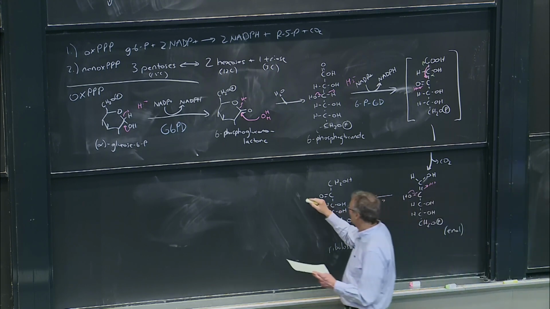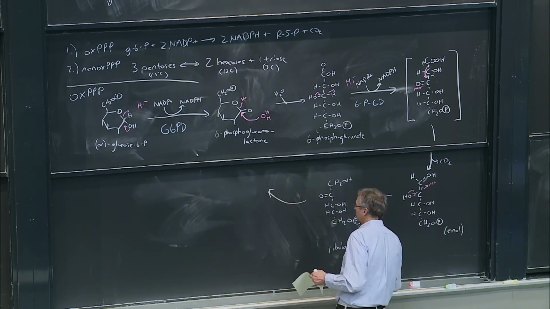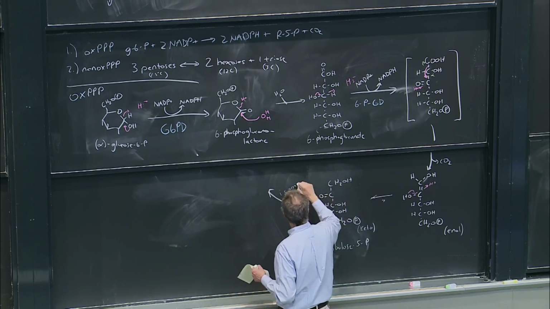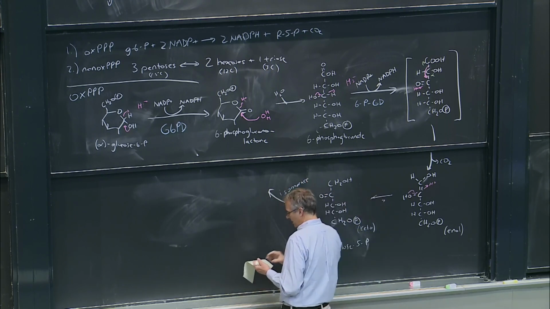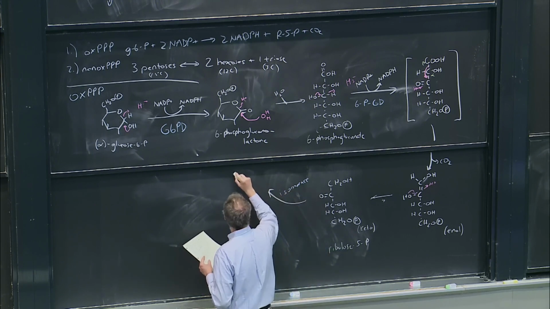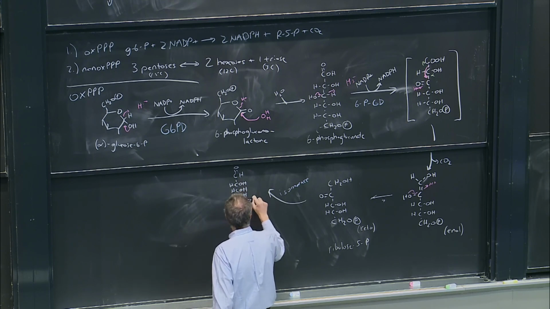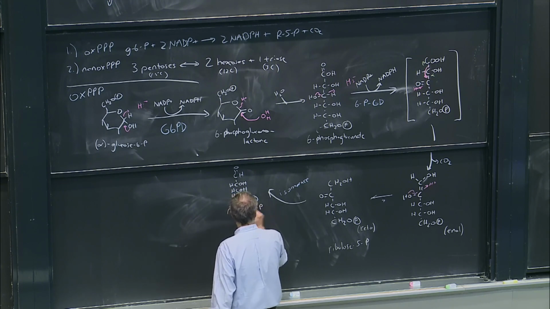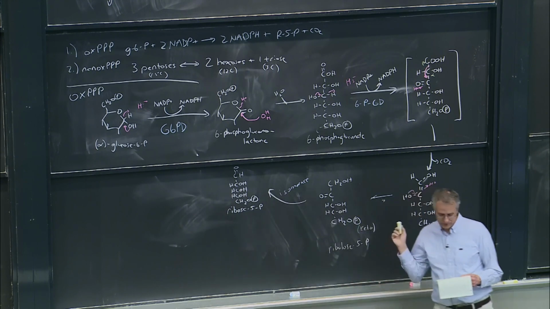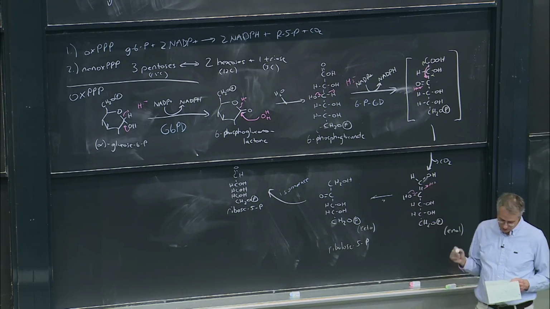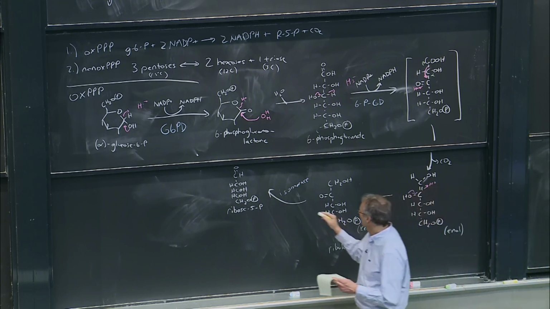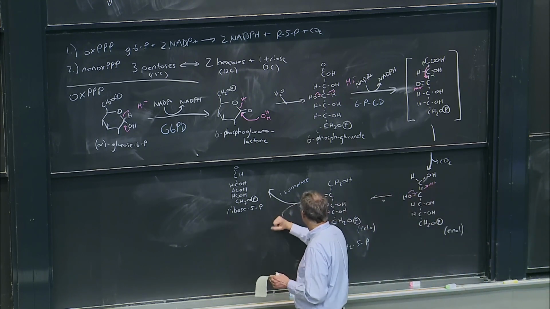Once you have that ribulose 5-phosphate, we can, of course, use an isomerase. And with an isomerase, we can generate ribose 5-phosphate, which is now available to be sent to do nucleic acid synthesis, or we can use